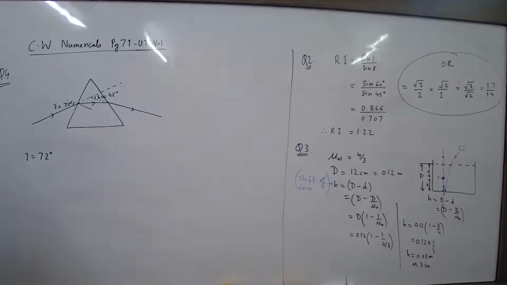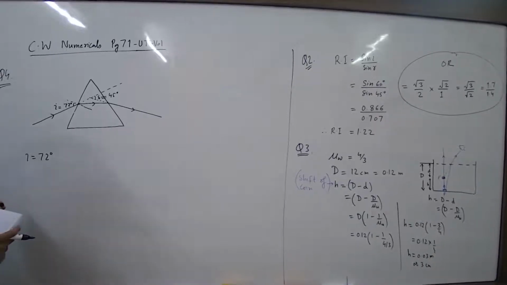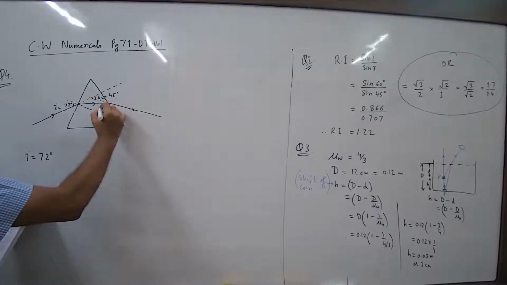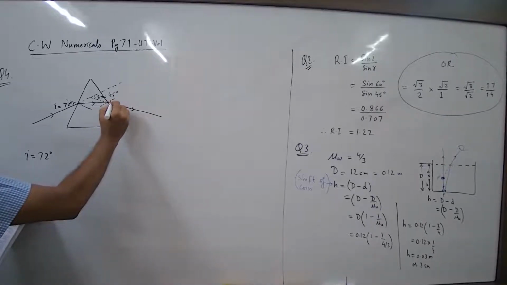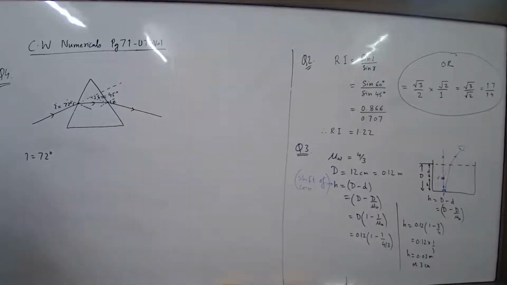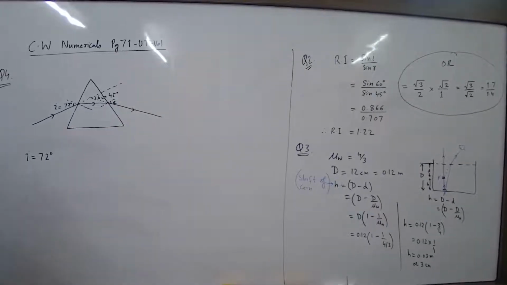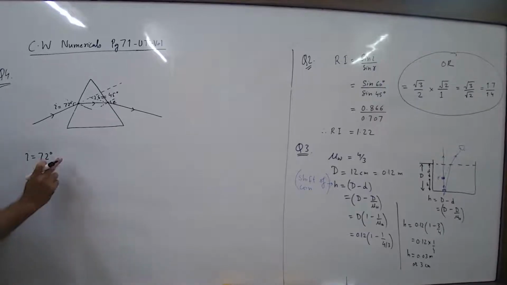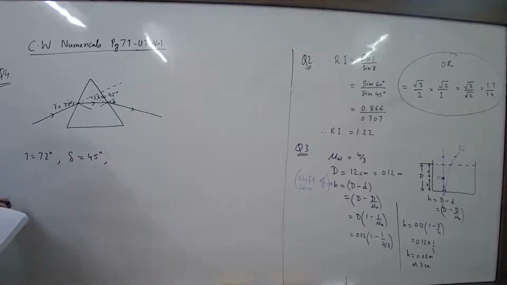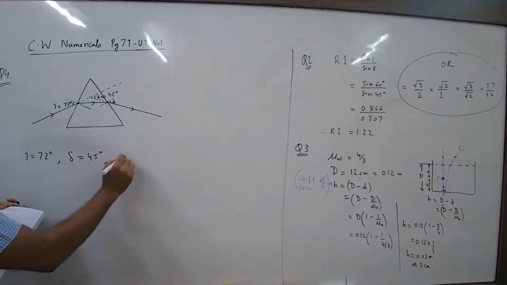Calculate the angle of emergence of the ray. So what is angle of emergence? You draw the normal here. So this is angle of emergence. Right? So what is given is deviation is equal to 45 degree. You have angle of emergence is equal to